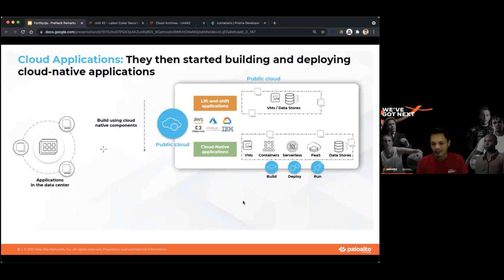But of course, security will come along the way and say, hey, are you sure your code is secure? Is your infrastructure secure? And that's where the whole term DevSecOps starts coming in, right? And you see the life cycle there: build, deploy, and run. So it's a very quick, iterative, very agile method of developing applications, right? You build it very quickly, build a new function, a new feature based on container technology, serverless technologies. You quickly deploy it, pull all the necessary code that you need into a function or a container, and deploy it.